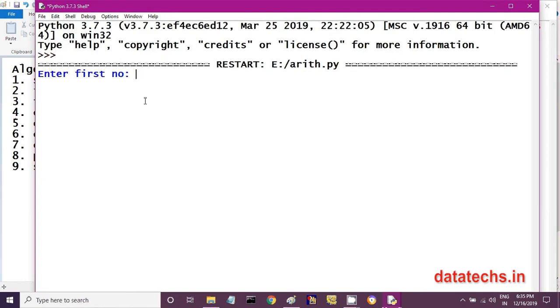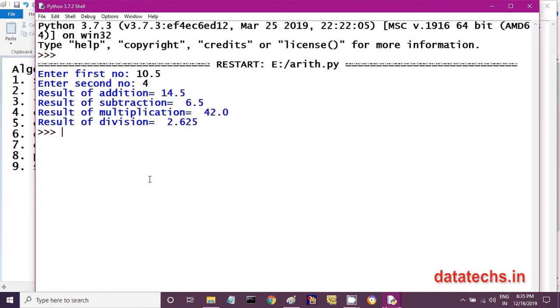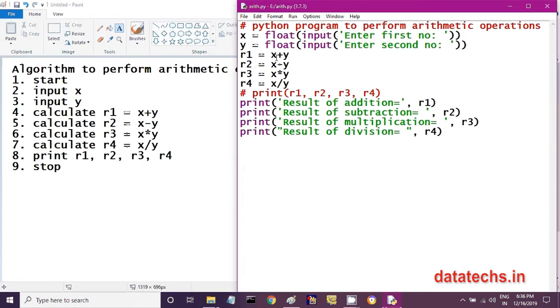So enter first number, I can give 10.5. Enter second number, I can give 4 or I can give 4.1, something like this. And the results of addition, subtraction, multiplication, division, you can see here one by one. So this is our better version of this program.